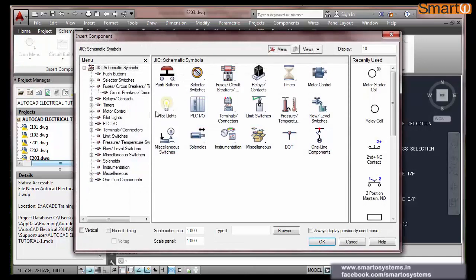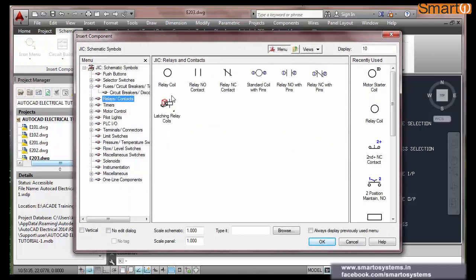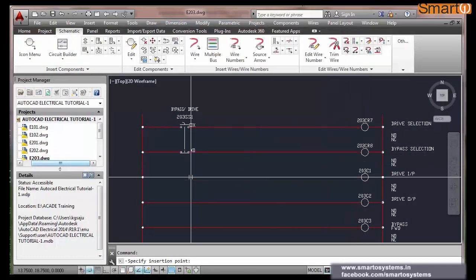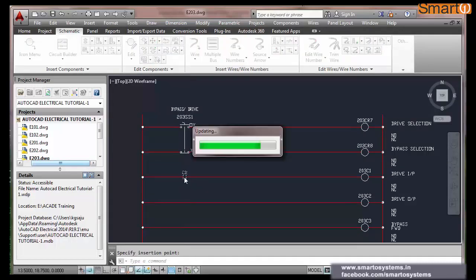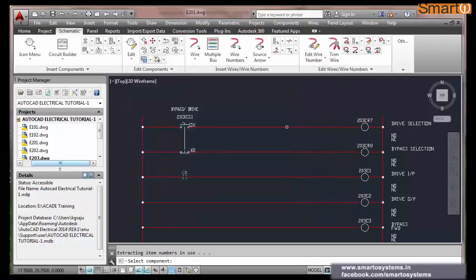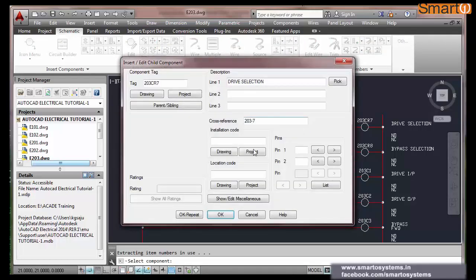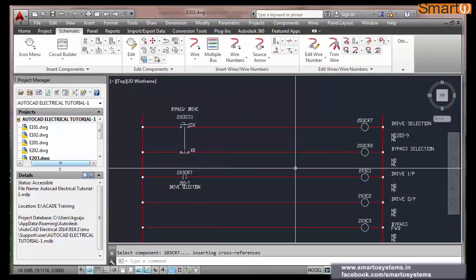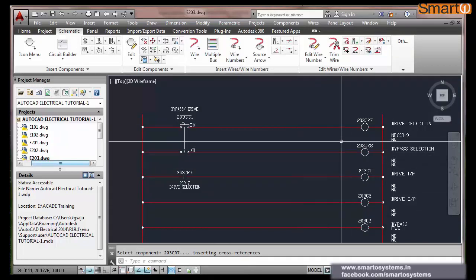So I will use one relay contact, a NO contact of this particular relay, here, and as parent I will pick from here. Okay. So this is used here now. Fine.